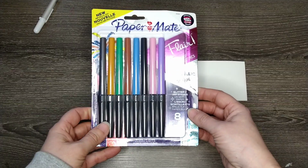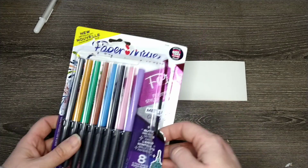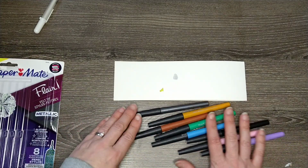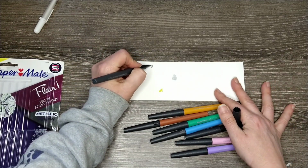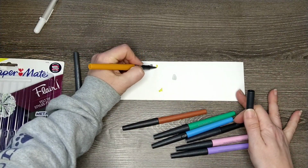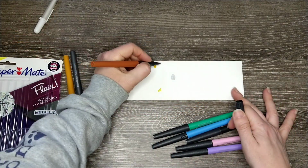All right, and then I do have this set of Papermate Flare felt tip metallic markers, and these are pretty cool. I'm going to do a very quick swatch here. So you get a silver, and a sort of a mustardy yellow, almost a gold, bronzy brown,